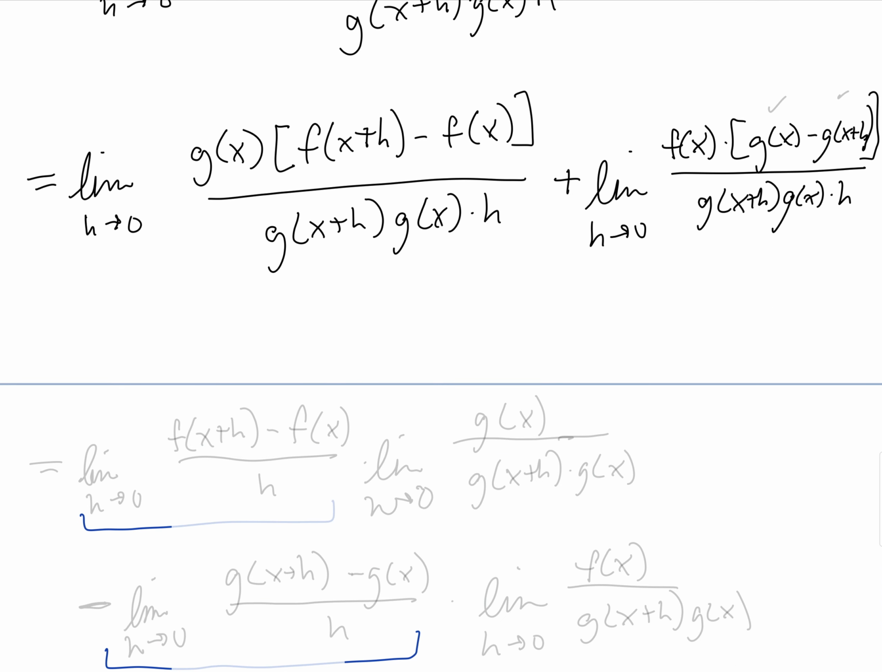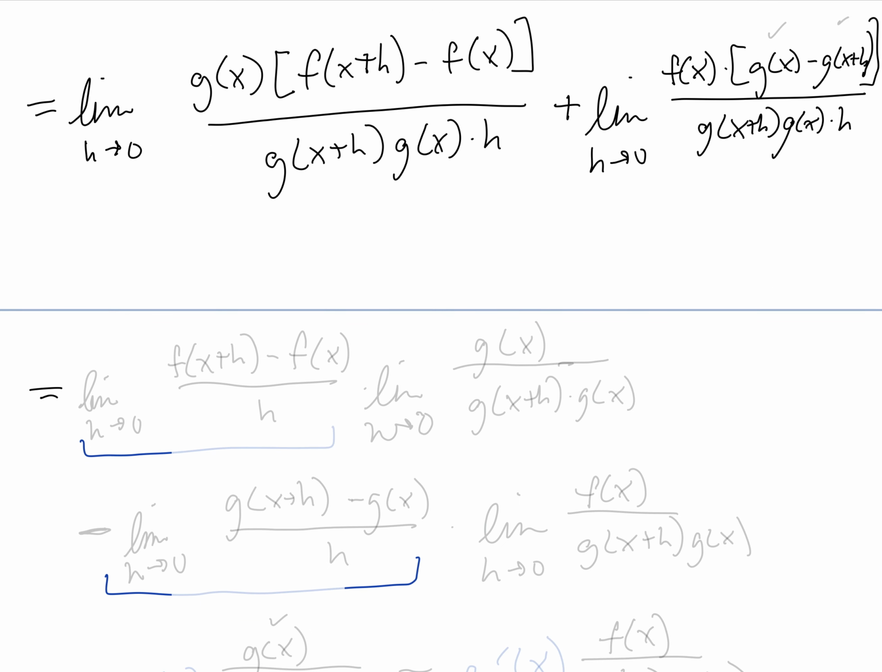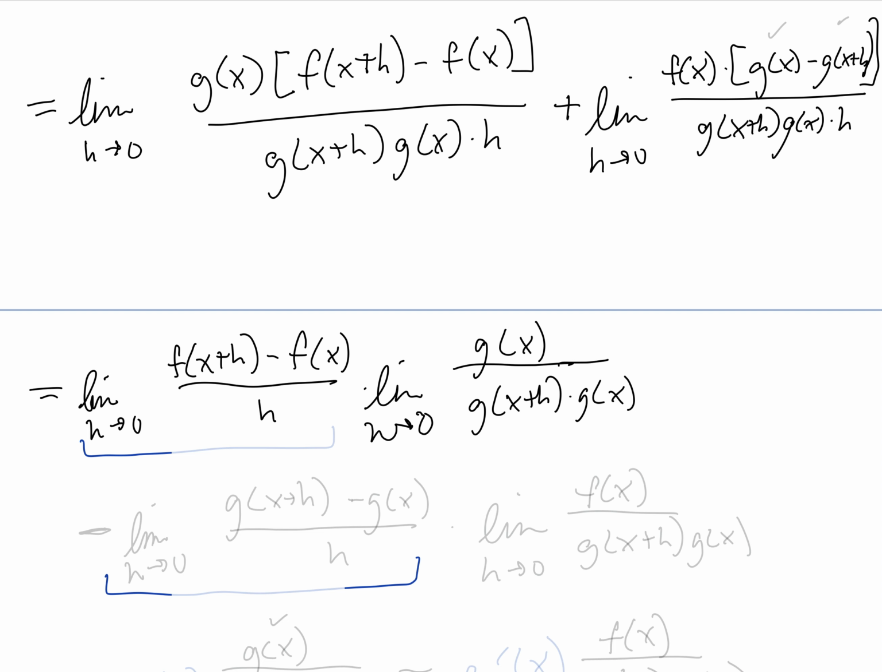One thing we can do is separate out some of these limits. So that first one is equal to the limit as h goes to 0. Well, some of what I see there is the definition of the derivative of f of x. So I'm going to separate that out from the rest. So f of x plus h minus f of x, all divided by h, times the remainder of what's there. The remainder of what was there was the limit as h goes to 0 of g of x divided by g of x plus h times g of x, and we've got everything else out of there,